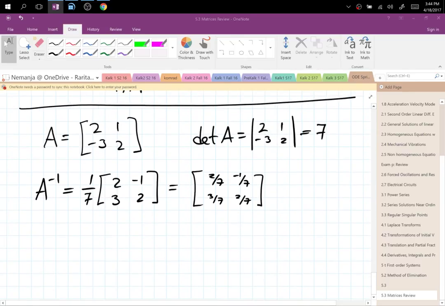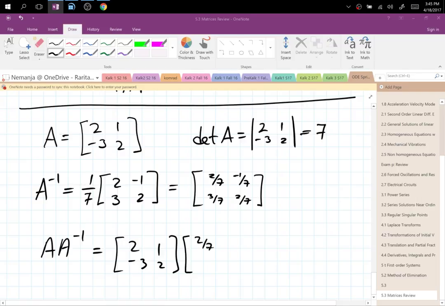Now, the inverse matrix, what can you do with it? Well, you can solve equations, but let's quickly just verify, because it should be clear that if you multiply a matrix by its inverse, you should get identity, right? So A times A inverse is 2, 1, negative 3, 2, and that needs to go with 2 over 7, 1 over 7, 3 over 7, and 2 over 7. So now when you